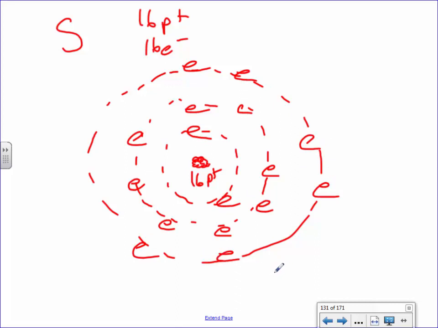But your level 3 can hold 8, right? Look at the table here, right? The first level has 2 in it. The second level has 1, 2, 3, 4, 5, 6, 7, 8. But your third level can also hold 1, 2, 3, 4, 5, 6, 7, 8 as well. So it can hold 8, but we're only using 6. How many more does it need? 2. Which explains why if sulfur really goes around and begs and says, hey, you a quarter, you a dime,